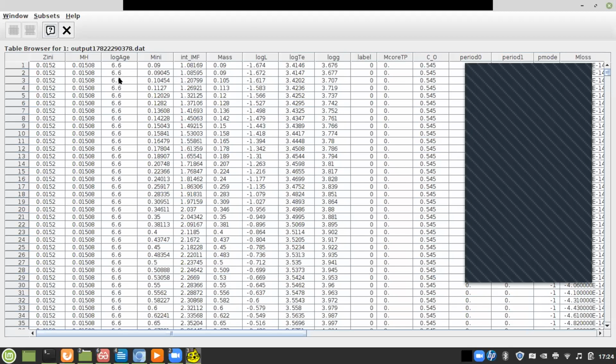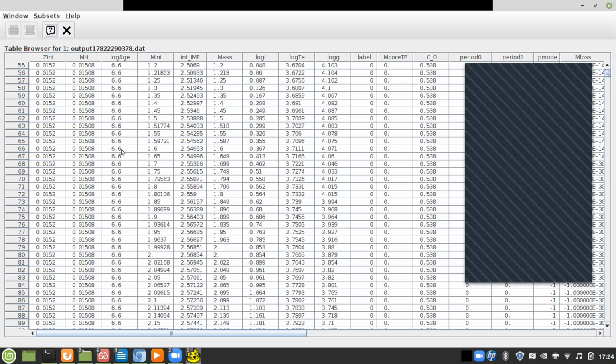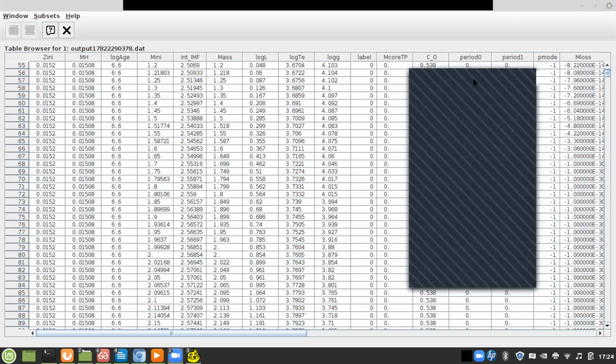So you can see log age 6.6. This is log age.